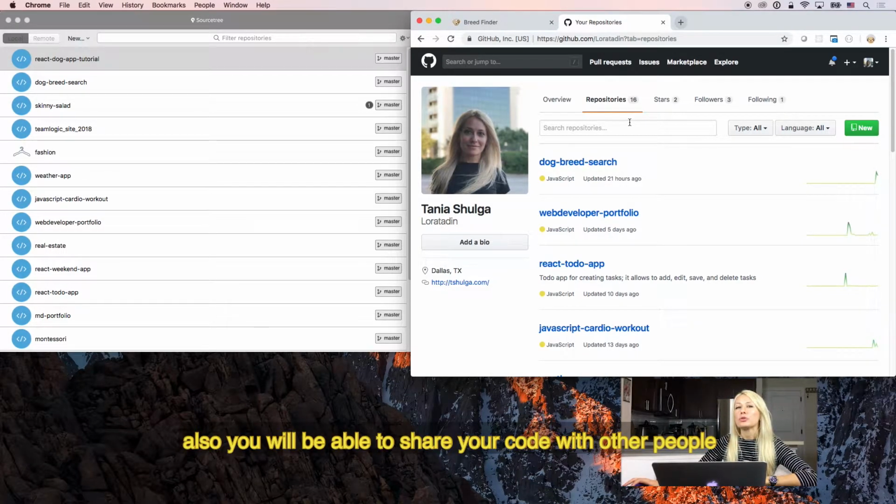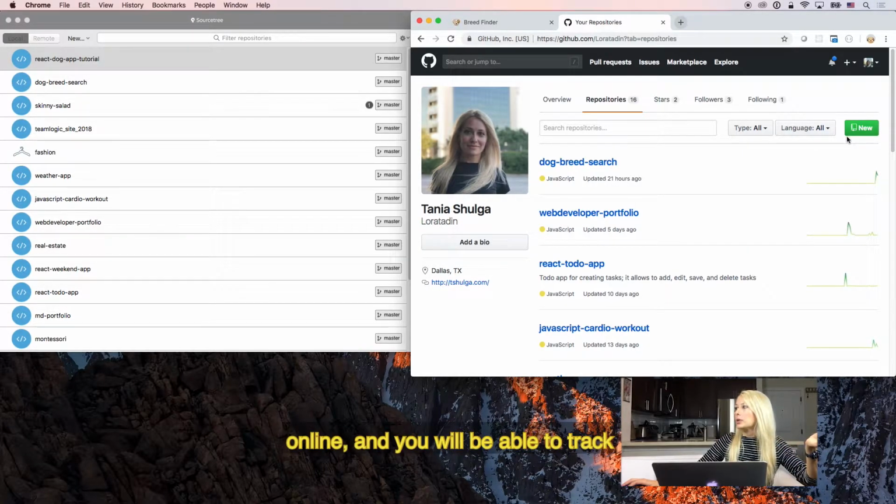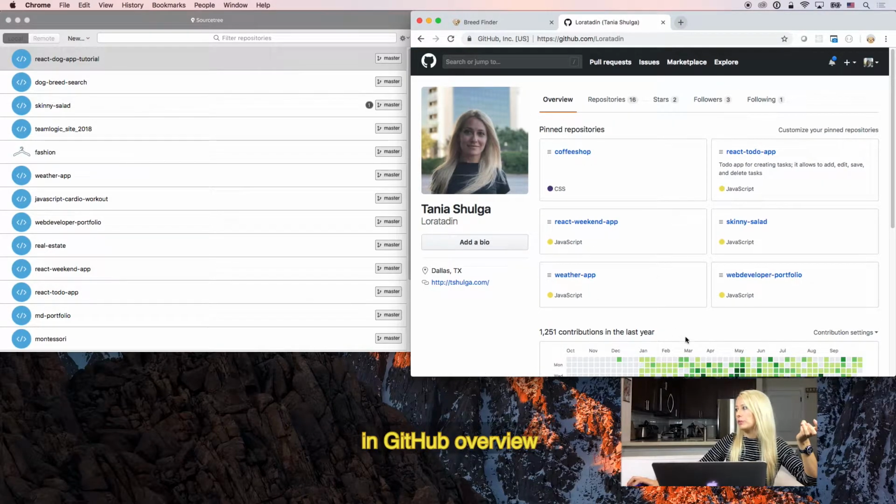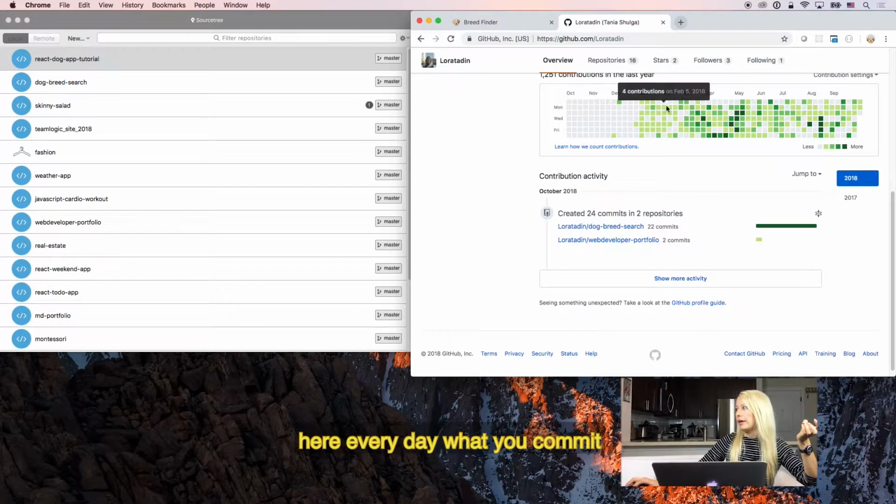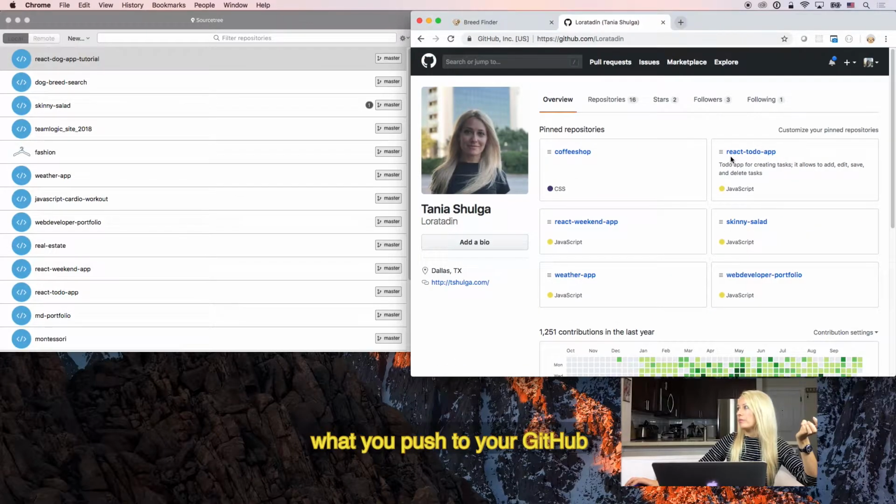Also, you will be able to share your code with other people online, and other people can track your work in GitHub overview, every day what you commit and what you push to your GitHub.